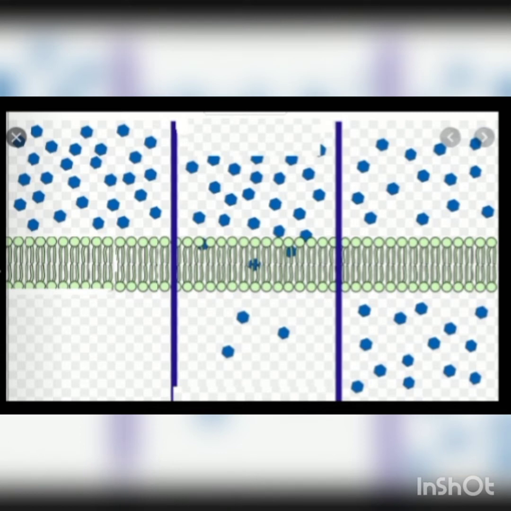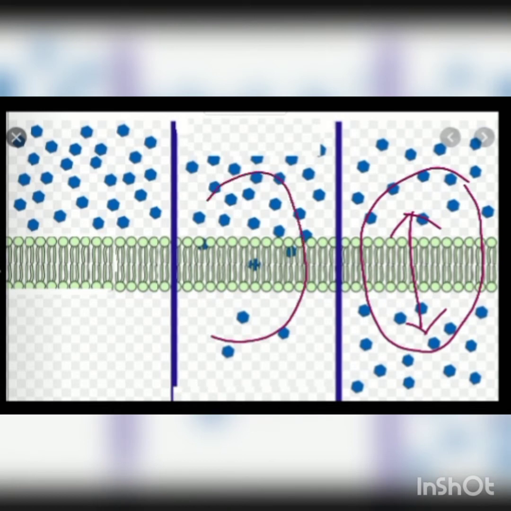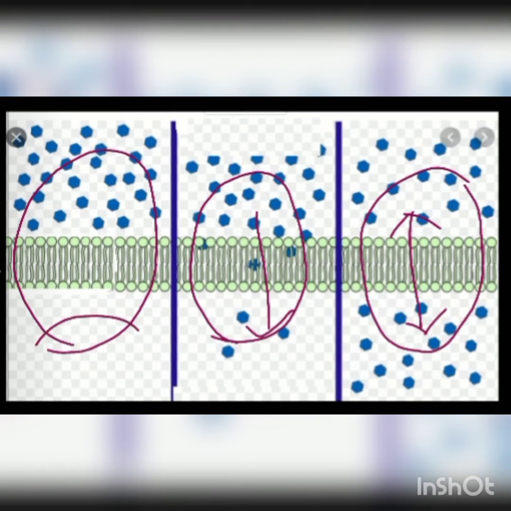Permeable membranes. Now, this is an example of a permeable membrane. It will allow all the substances to pass through it freely. They can just simply move from here to there. This is an example of a semi-permeable membrane. Only some substances are allowed to pass through while others are not allowed to pass through it. Now this is an example of an impermeable membrane where nothing is allowed to pass through. There is nothing here. See, nothing is allowed to pass through it.